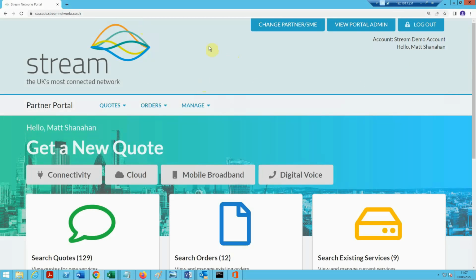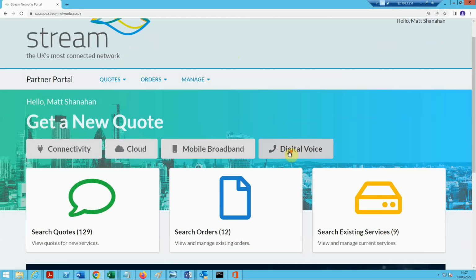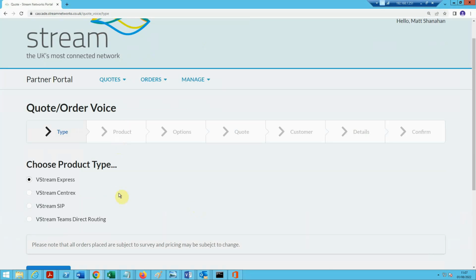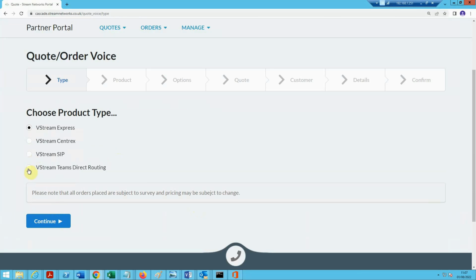So as you can see, I'm in the portal here. We've got our standard checking connectivity, cloud, mobile, broadband, and now we've got this digital voice tab. If we click on digital voice, you can see the list of voice products we've got: the Express, Centric, SIP and Teams Direct Routing. If we click on VoiceStream, Teams Direct Routing,